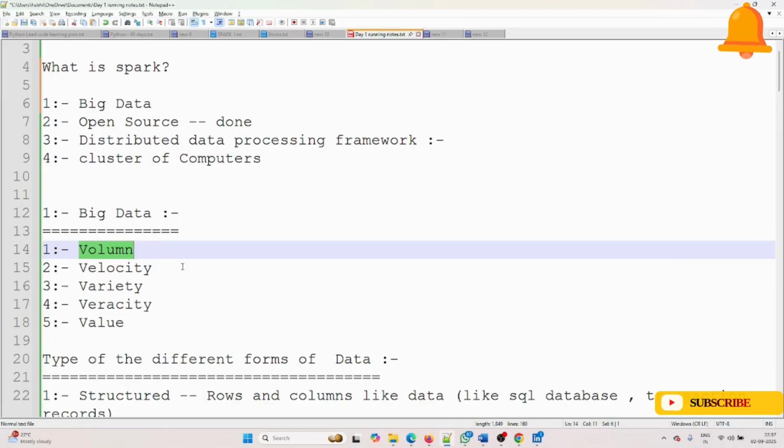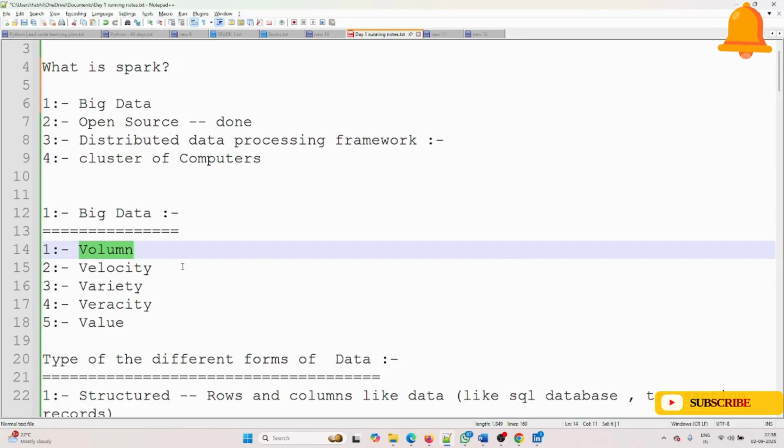And so businesses need to process data at the same speed it arrives. Meaning as soon as we are getting data, at the same speed I have to process the data and generate the outcome. That is the thing. So I'm giving another example.